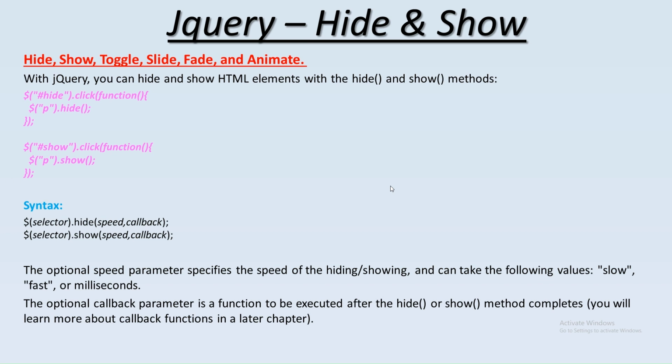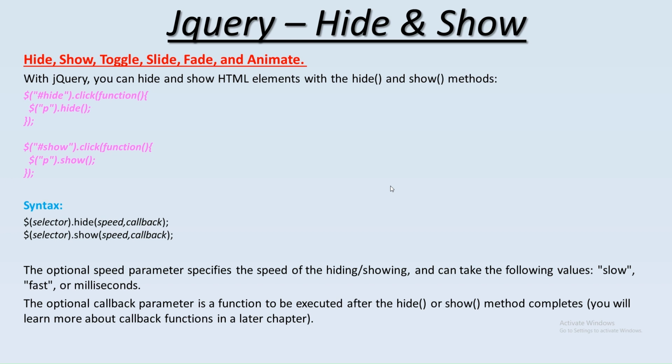Hide is the ID of an HTML element, and we are using the click function to hide a paragraph. Any paragraph on the page is going to be hidden because we have mentioned the p element. It doesn't mention a class or an ID, so it will hide all the paragraph elements. Similarly, we are also using a show function. It pulls out the element with the ID show, and on the click function,